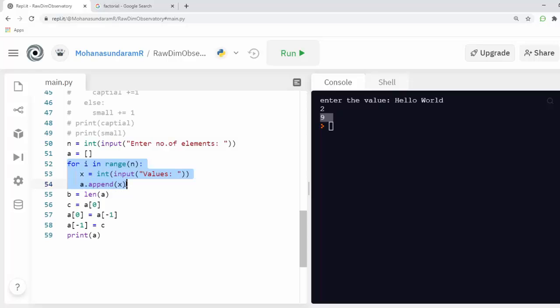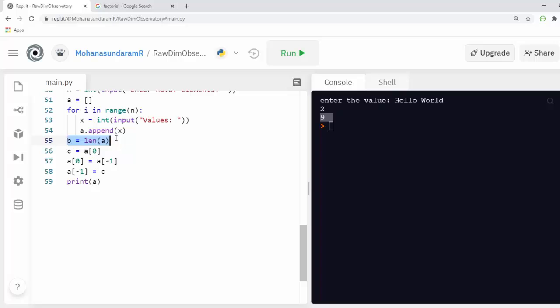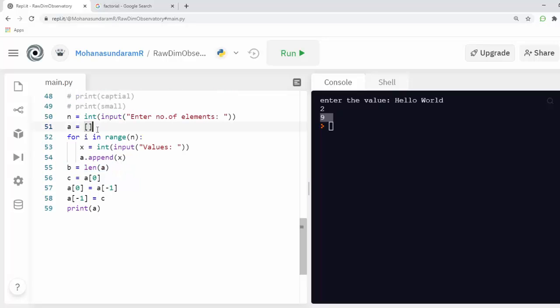Then I'm swapping the first and last. I'm interchanging the position of my first and last variables. For that, first I'm getting the length of my list a with len(a), with the variable v, and I'm grabbing the first value using index position 0 with a variable c. Now I'm interchanging a of 0 with a of minus 1. A negative index will give the last number of the list, and now a of minus 1 gets c. This is called swapping. This is an example of swapping.